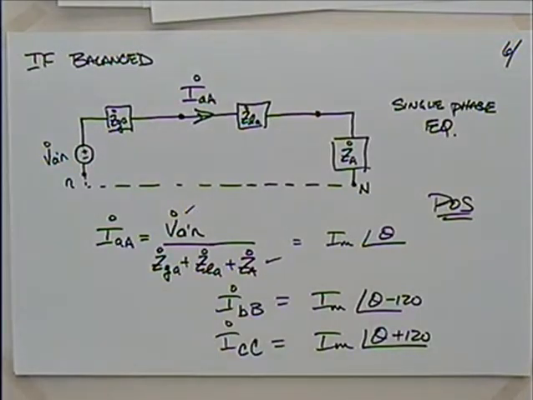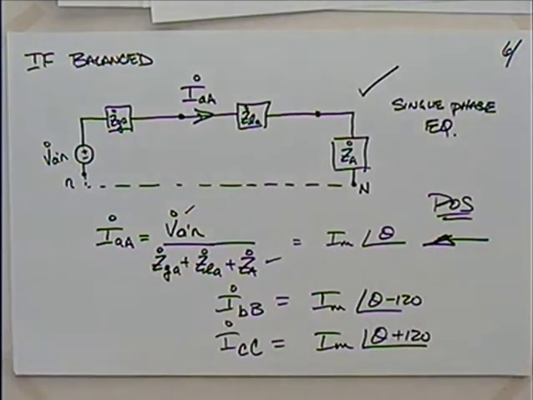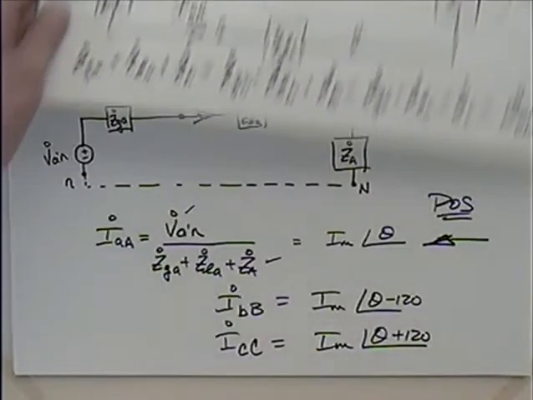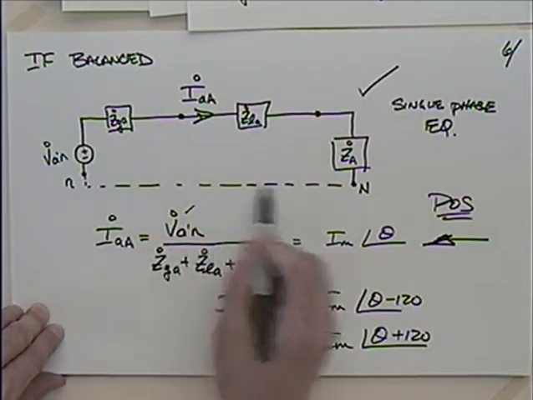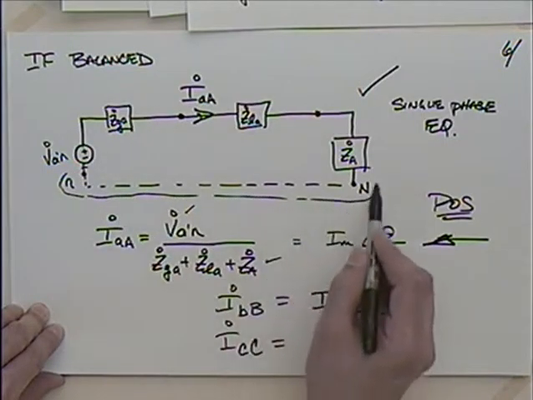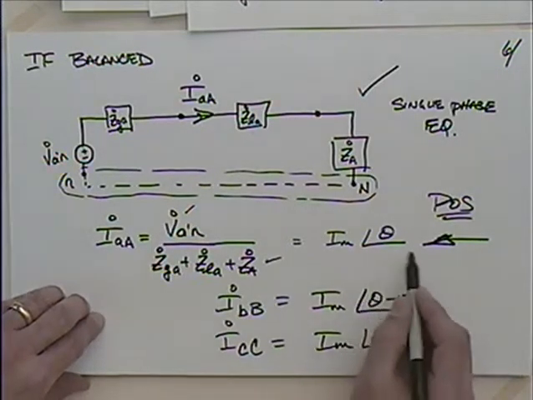Yeah. So usually what we do is we just come up with this single-phase equivalent circuit. We solve for the A phase, and it is a very easy extension to get the B and the C phases. Now you might say, well, you glossed over this Z naught here. I didn't put that in there. Well, I didn't really draw the neutral. I just drew this. Theoretically, this does not exist. I just put this in because I don't want to be accused of heresy on a Friday afternoon. This is an ugly way to go into the weekend, right? Everyone likes to have a conductor there. It really doesn't exist, and it really doesn't matter, because if I take this number here, and this number here, and this number here,